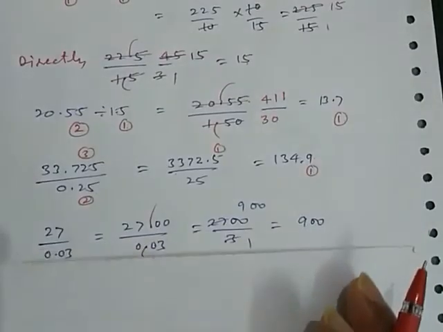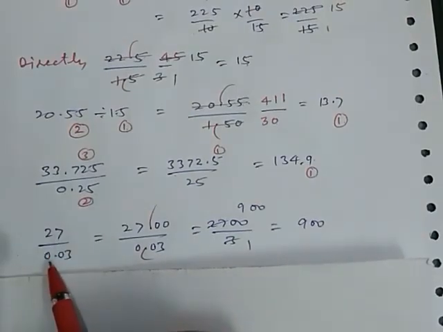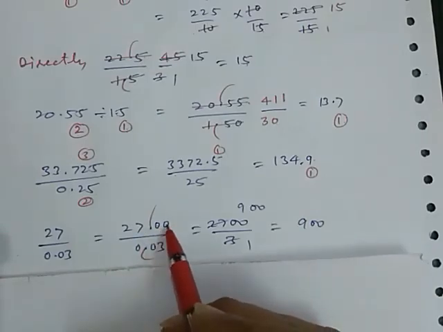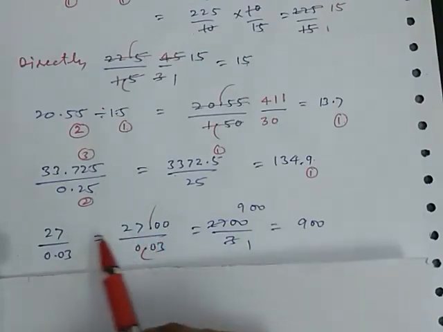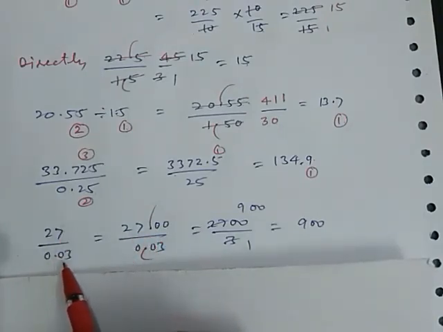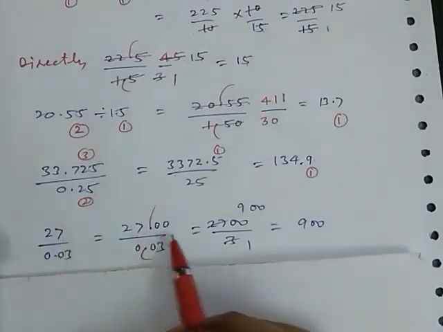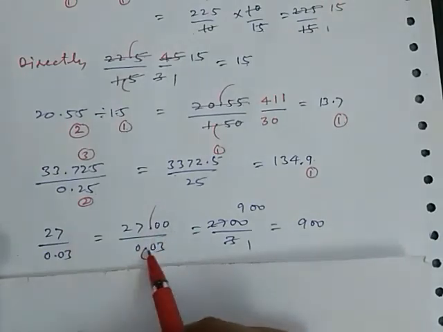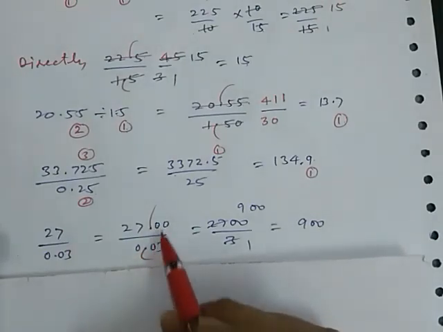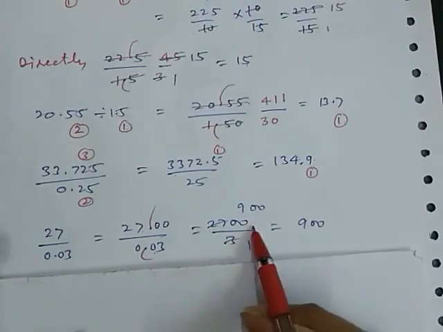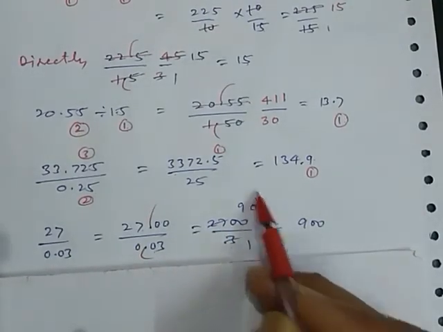Okay, now take one more example. 27 divided by 0.03. Here there are 2 digits after the decimal, but here no digits, so we put a decimal and provide 2 digits to balance them. Whatever operation we have to perform, first we make the digits after the decimal the same. So here 27.00 and here 0.03. Now after the decimal there are the same digits, so we cancel them. So it becomes 2700 by 3, and now dividing, 900 is the answer.